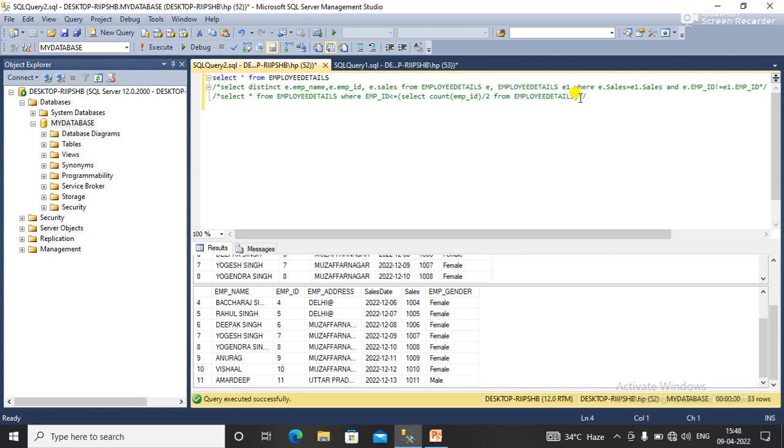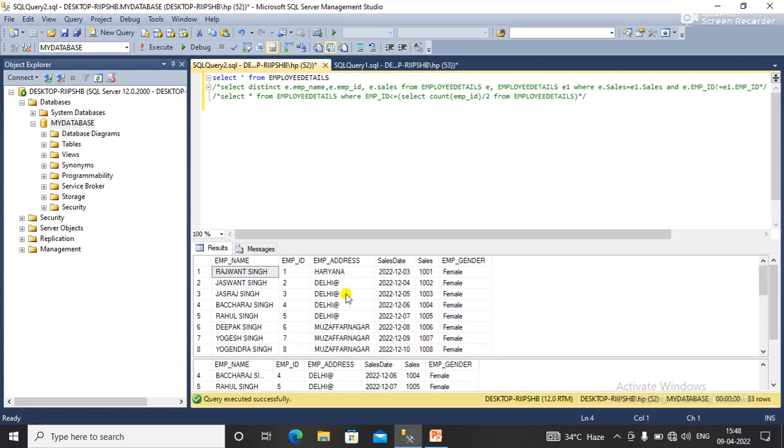to get the name of the employees having the highest sales in each address. Suppose I have an employee address column like that. So I want the employee name whose sales are highest, only the one name. So for this, what I'm going to do, I'm going to select